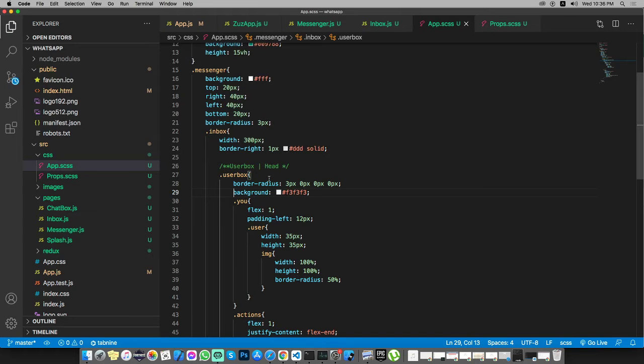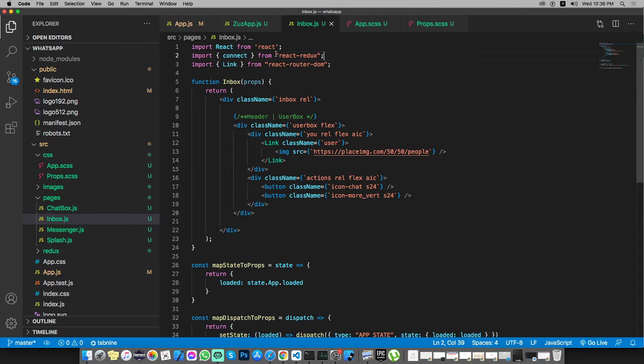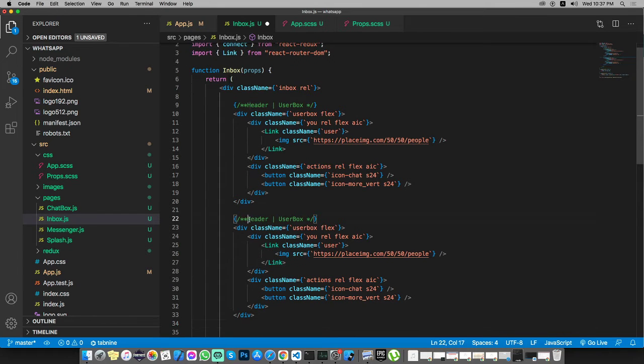Now we need to add the search block under the inbox. Let's quickly add a search block by duplicating this one and change to search box. We will move this block and the head block to a separate component later, but first of all we need to set up our UI. So we need to add search, and here we need a button,